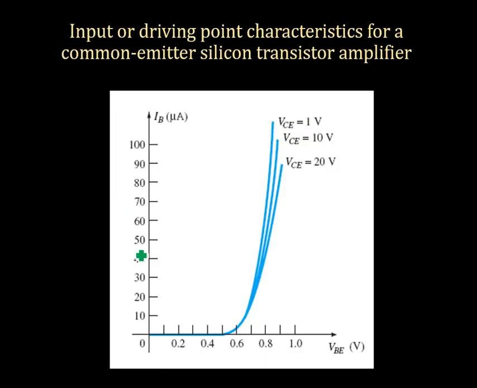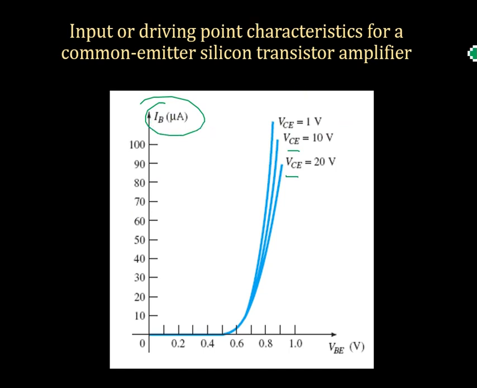VBE can be varied. Now this is the plot for VBE versus IB. IB is in microamperes here. Please note the base emitter junction is forward biased in this condition also, so the curve is similar to the forward characteristics of a diode. But note one thing: with an increase in VCE, or the output voltage, what is happening here? The curve is shifting outward, different from the previous discussion of the common base configuration. In common base, we were plotting IE on the y-axis, whereas in common emitter configuration, we are plotting IB on the y-axis. Please note that.